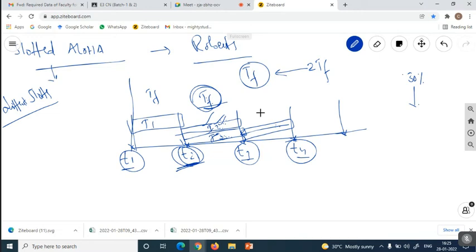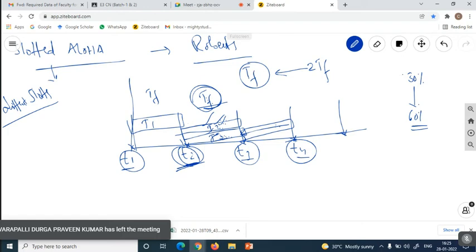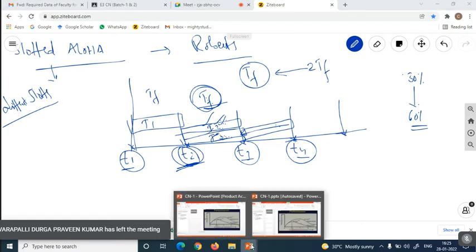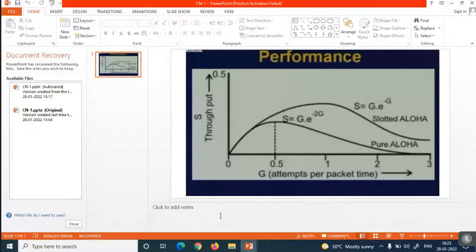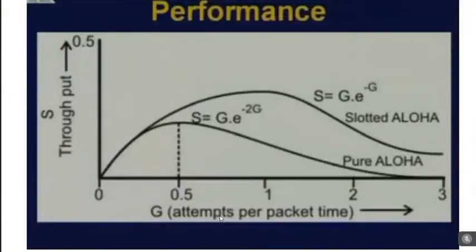That means simply it will be doubled. That means 30% is going to increase to 60%. Why? Because the waiting time is going to reduce to half. So automatically the throughput or the efficiency of this slotted system will be double that of the pure Aloha system. Based on this parameter, how far we are improving, the double efficiency when compared with pure Aloha, a mathematical relation is made in order to compare the efficiency of the pure Aloha and slotted Aloha systems.